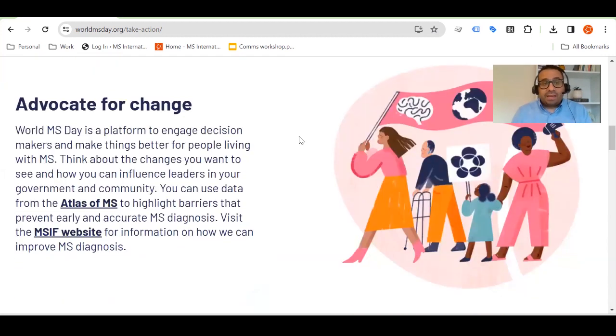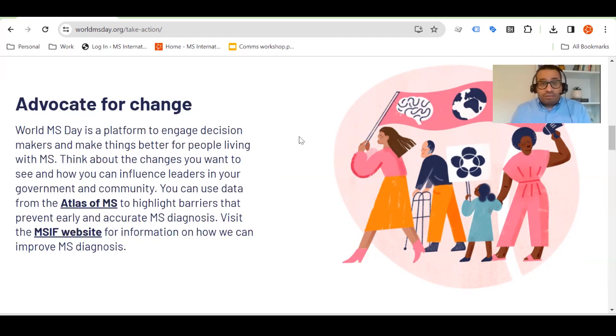The second category of actions is advocating for change. World MS Day is an amazing tool to advocate for change. For many years, MS organizations have used it to do so, and this year in particular, with a very tangible theme like MS diagnosis, there is so much that can be done to advocate for change.